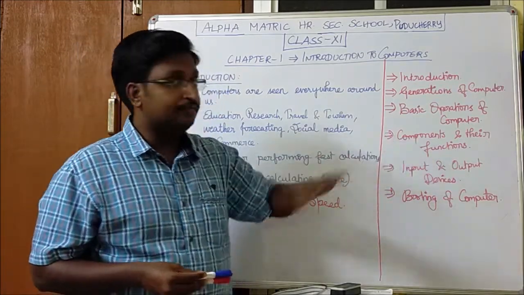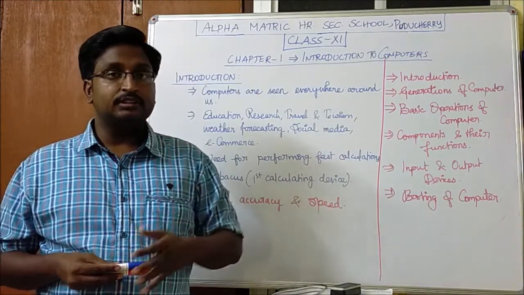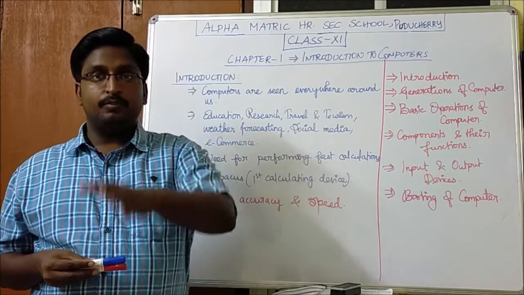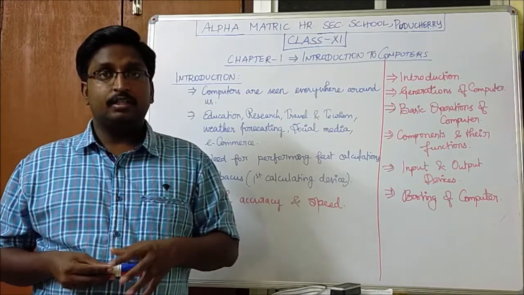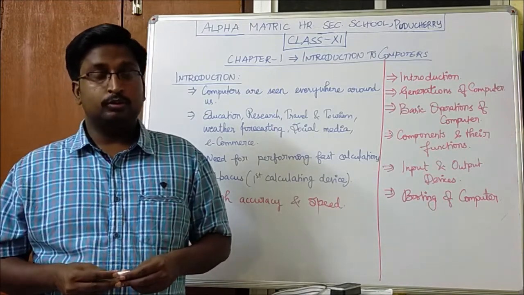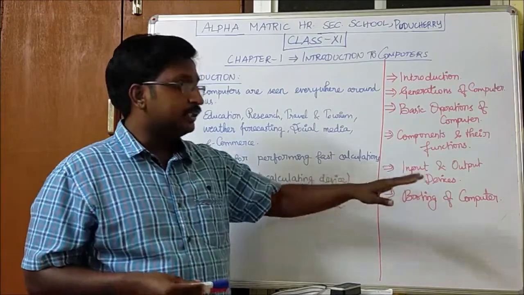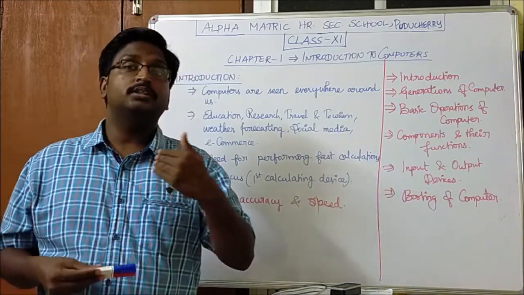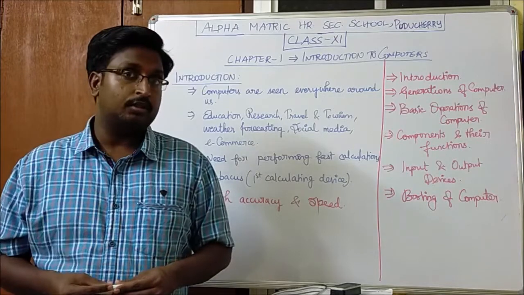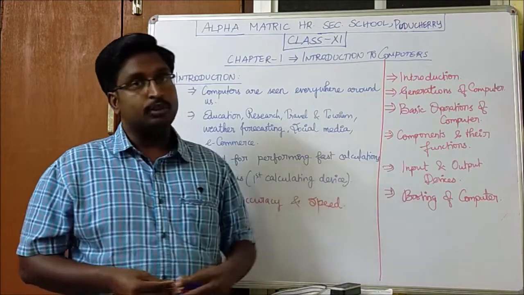Next are the components and their functions. Based on the operations of the computer, they have classified the components. That is the input unit, from where it gets the input from the user, the CPU, central processing unit, and the control unit, where all the processing happens, and the output unit, where it sends the output. So these are the components and their functions, and the various input and output devices available. What are the input devices available? How does the user feed the data to the computer? How does the user get the output from the computer? What devices are used? All these things we will study in input and output devices.